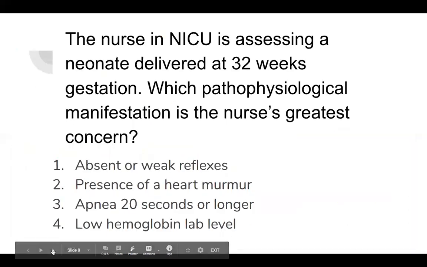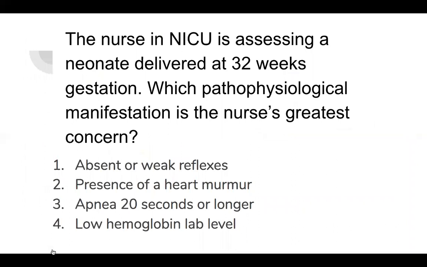So the nurse in the NICU is assessing a neonate delivered at 32 weeks gestation. Which pathophysiological manifestation is the nurse's greatest concern? So all of these are a concern, right? Because it said which is the greatest. So it tells us that everything is a concern to us, but we want to know which is the greatest